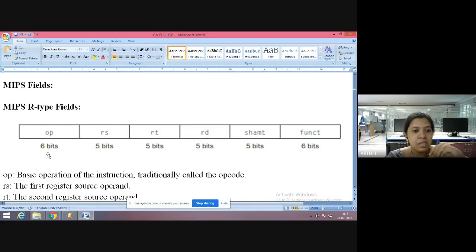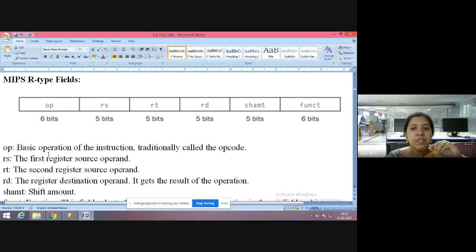Okay, so these are the 6 fields which are of a definite format. This format will not be changed. And when you count these bits, 6 plus 5 plus 5 plus 5 plus 5 plus 6, it is a 32-bit instruction where you are going to have all these.